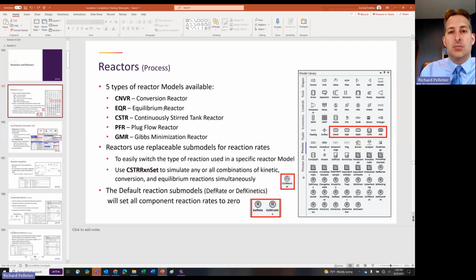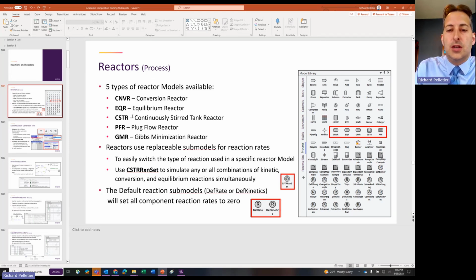So it's not just going to be the reactants being consumed to produce products, but those products could, depending on the conditions within the reaction and the equilibrium considerations, also go the other way, right? And so this is a two-way reaction when you look at the way that the reactions behave. And then the final two here, the CSTR and the plug flow reactor, those are what we would refer